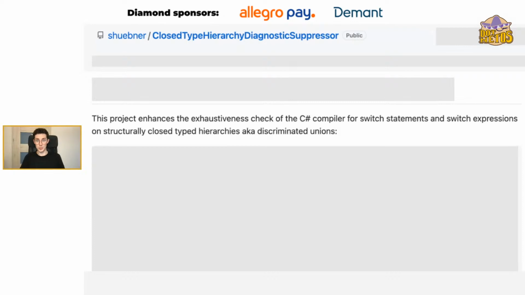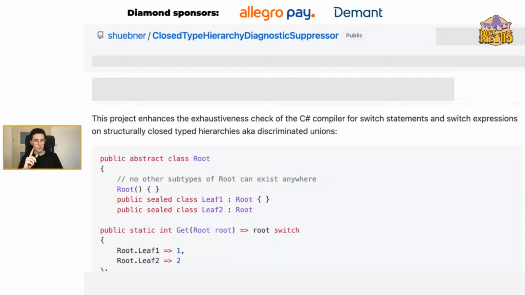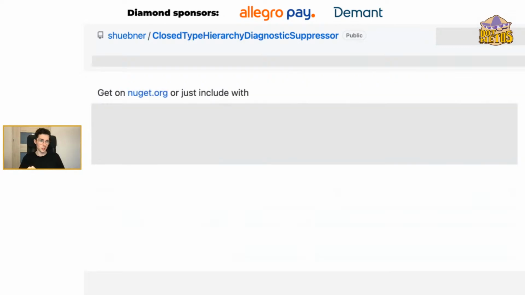This project enhances the exhaustiveness check of the C# compiler for switch expressions. In this example, you can see pretty much the same thing we've done already, which is the inheritance, but inside this time. So we have nested classes: a root and different leaves that inherit from the root. They have a method here called Get, which has a root as a parameter, and they do the switch here. But as you can see, this switch doesn't have a default case, which is crazy.